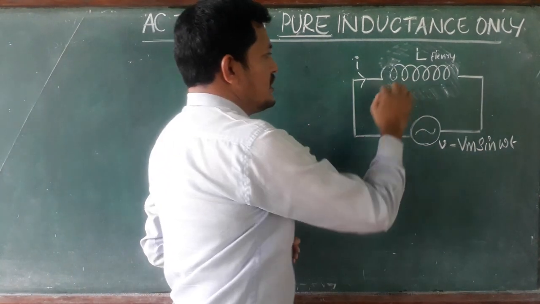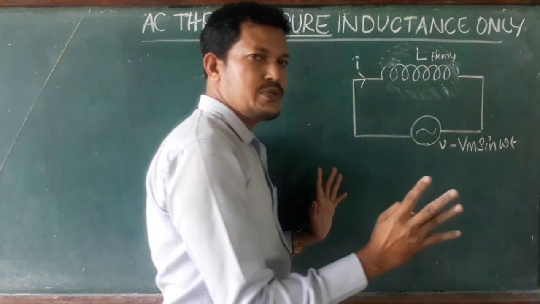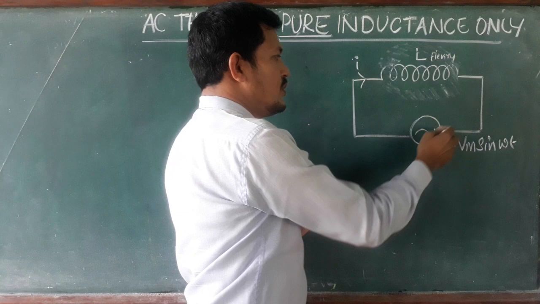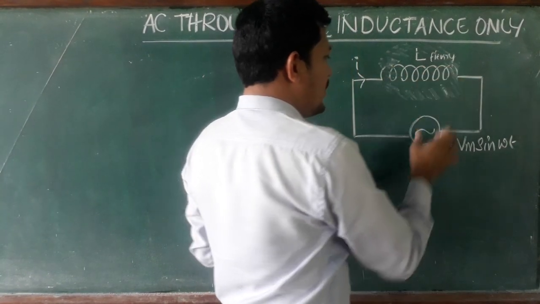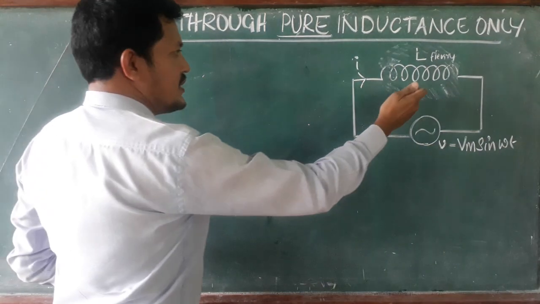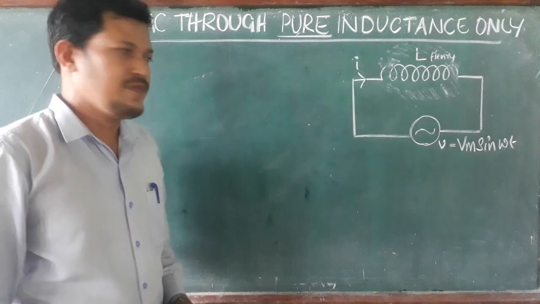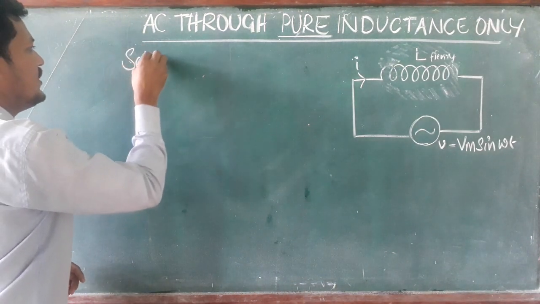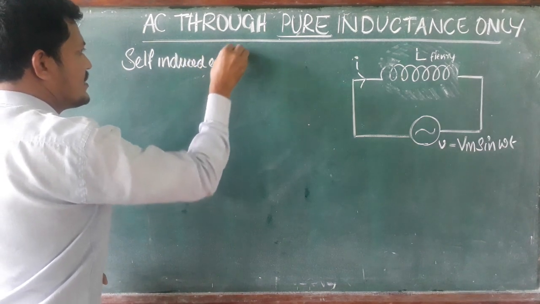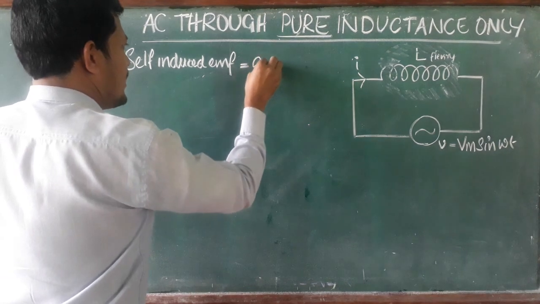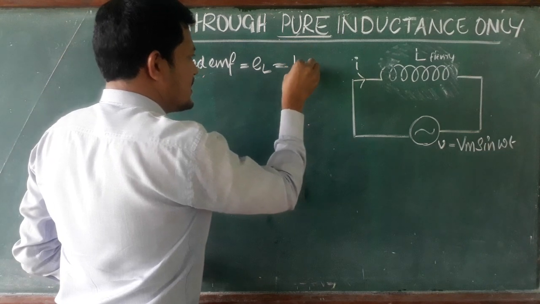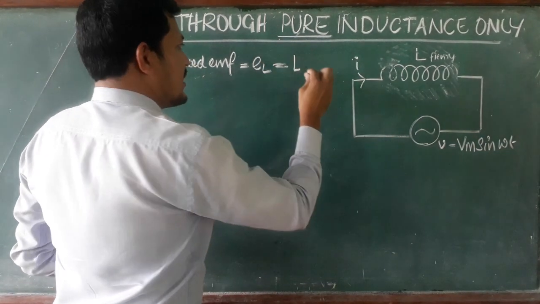As we have taken a pure inductor, how much current flows here, that much flux is produced. The complete produced flux cuts the same conductor again. So it produces an EMF that is equal to our supply voltage. This type of induced EMF is called self-induced EMF. So I am here writing the self-induced EMF, EL, where L indicates inductor, is equal to